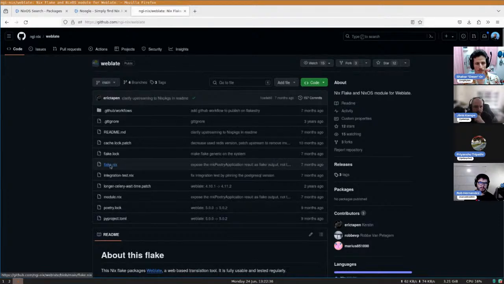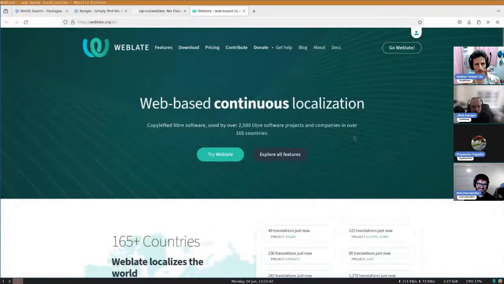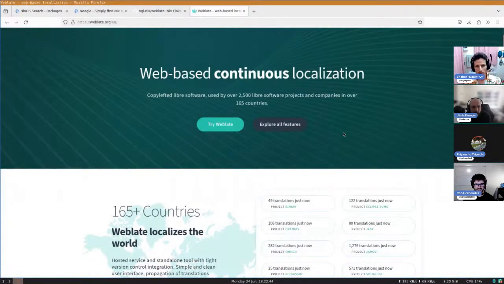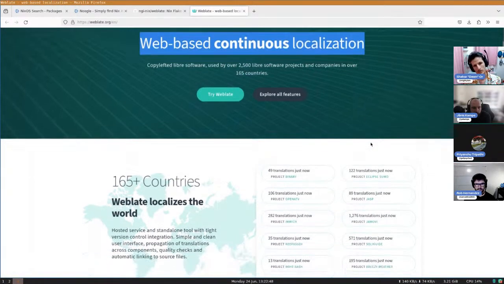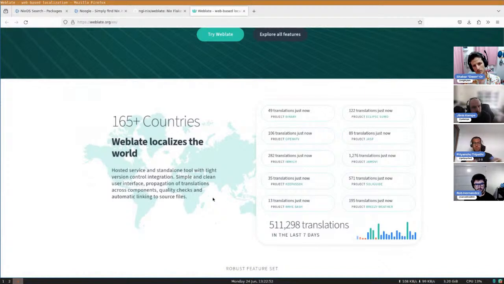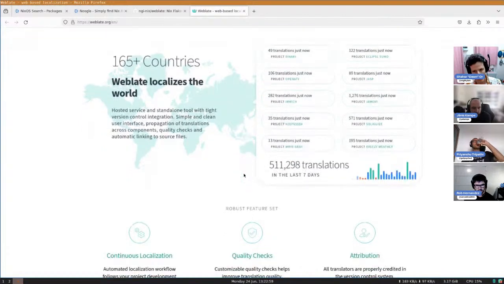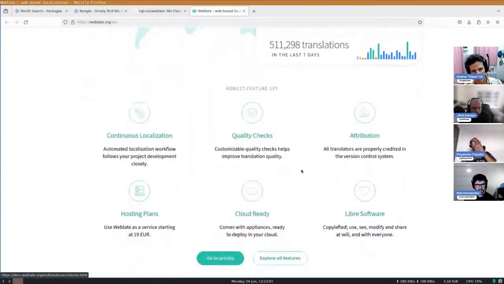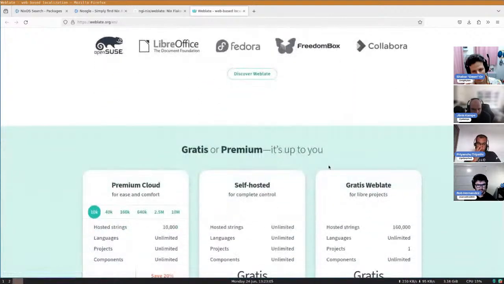What is Weblate? Yeah, I think we should look at what Weblate is. Okay, so packages Weblate. I'm opening Weblate's page. So it's a web-based continuous localization. Some descriptions here. Hosted or stand-alone tool with version control integration. So continuous localization. I don't know, that doesn't